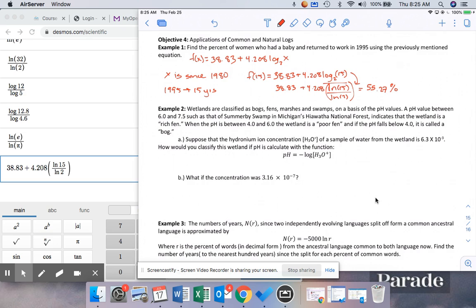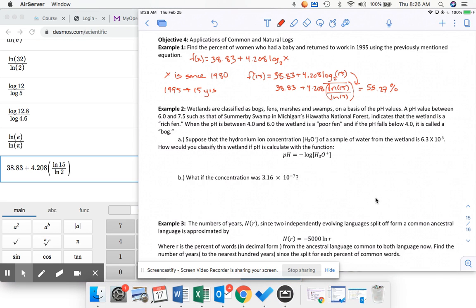Okay, so let's back up here. What's going on? We've got this formula that is calculating the pH of a swamp. Apparently, if you have a swamp that's under 4, it's a bog. Between 4 and 6, it's a poor fen, and above 6 to 7.5 is a rich fen, and we don't know what's going on after 7.5. So we have this concentration of ions, and H3O plus is 6.3 times 10